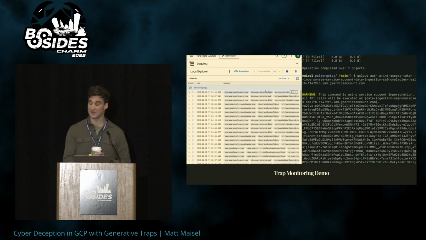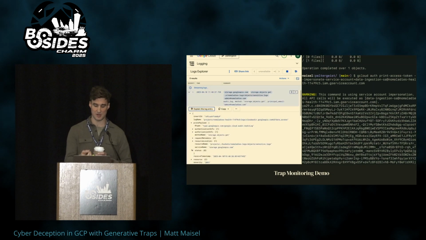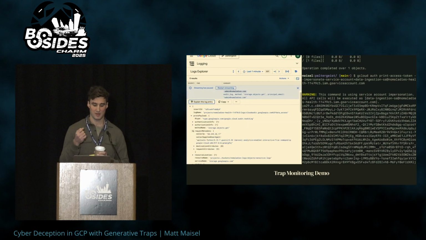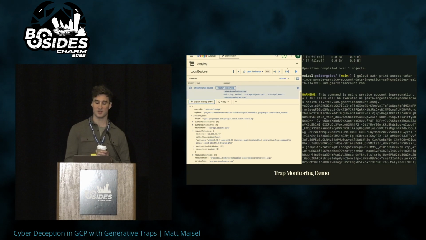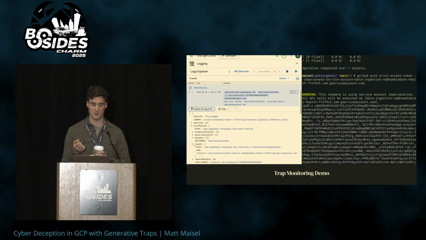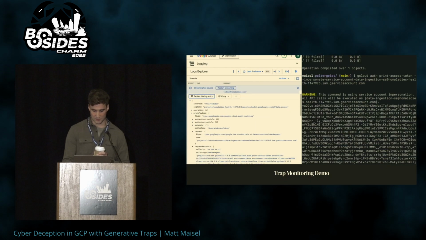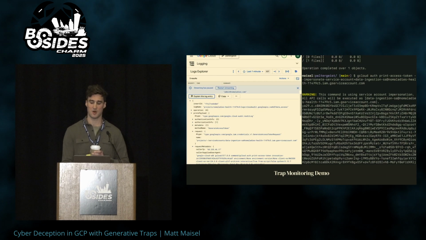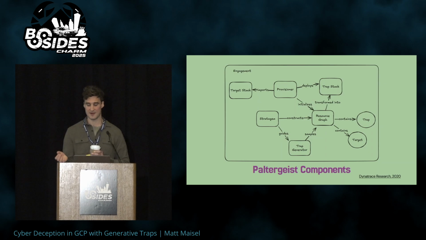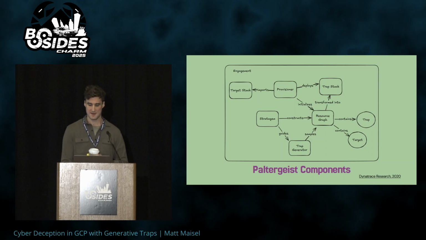And right now we're just waiting. And this is, again, cloud logging. And just there we see one of the traps' activities was logged. Through cloud logging, we have useful metadata around what actual resource was used, the IP address, and other metadata about the requester, and then who is the actual principal that made that request. And as well, we can finally see the actual call to get the access token for the account. So that's just a demo showing how quickly interactions can then generate alerts or other logs for use in investigation or response.